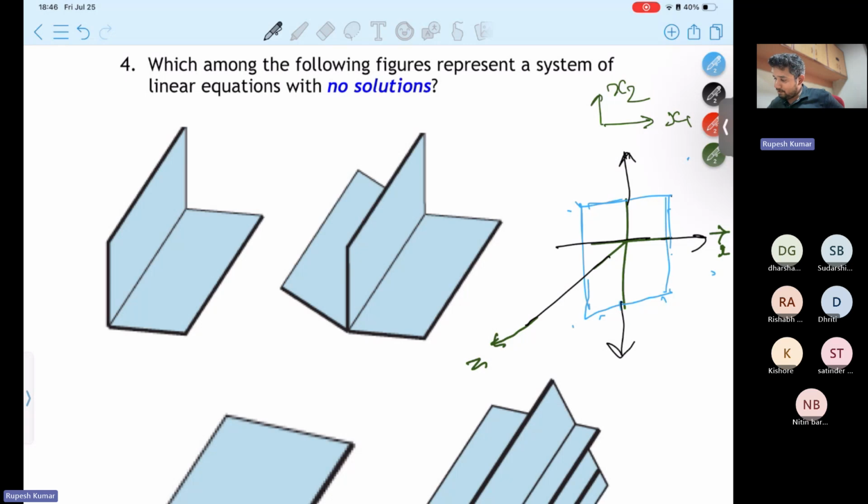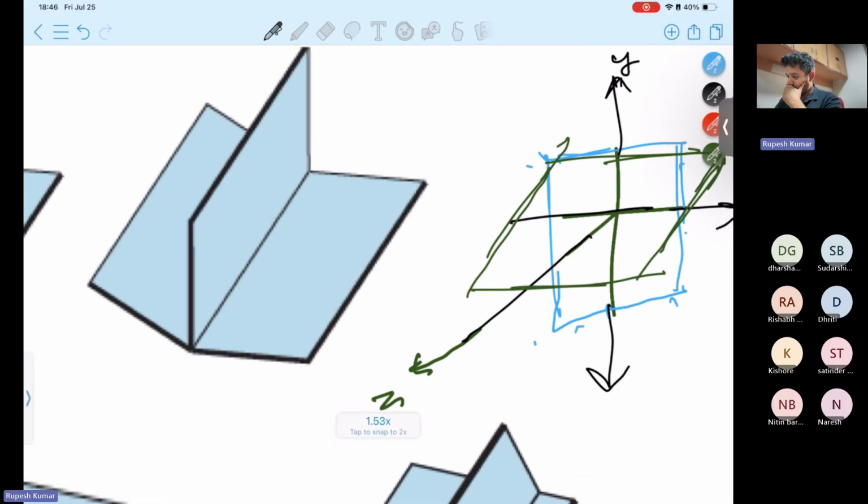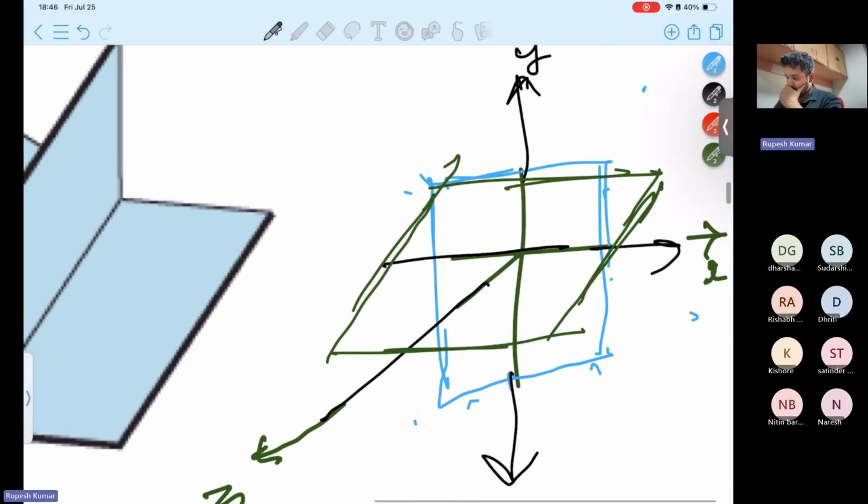So basically, let's say we have plane one, which is the xy plane, and then let's choose another plane, let's say the zx plane, right? So this plane will go something like this, and you want to find a solution to these planes. So what you do is find the intersection between these two planes, right? And now you can say that the intersection will be this line